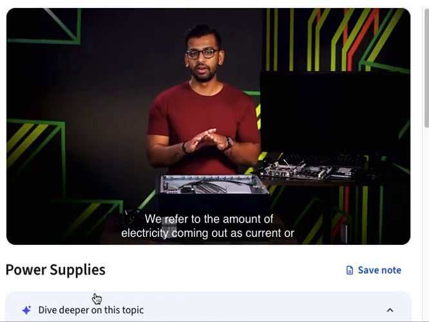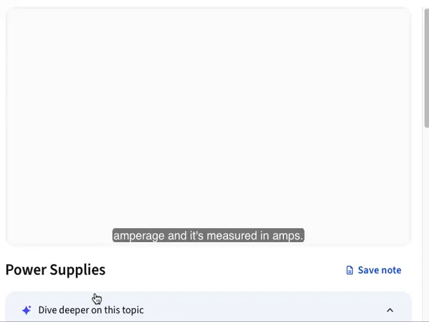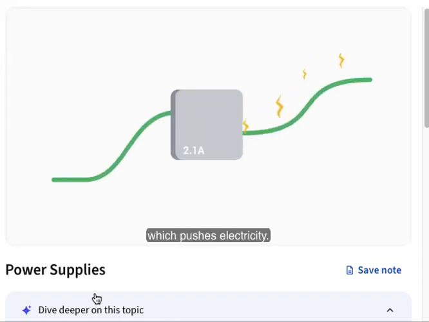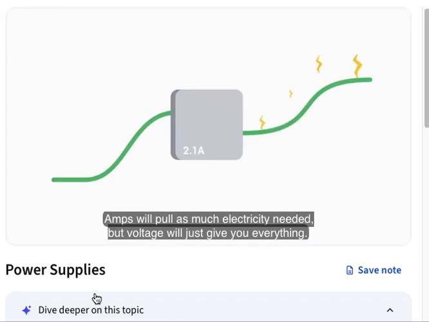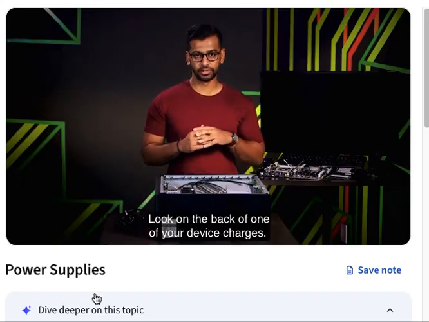We refer to the amount of electricity coming out as current or amperage, and it's measured in amps. We can think of amps as pulling electricity as opposed to voltage, which pushes electricity. Amps will pull as much electricity as needed, but voltage will just give you everything. Look on the back of one of your device chargers. You might see something like